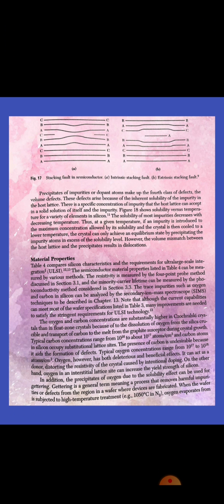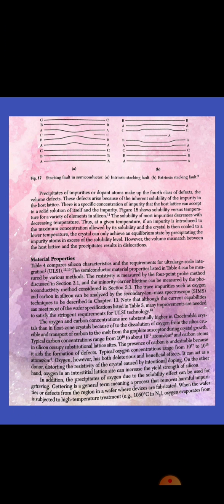Now we have material properties. So, for ultra large scale integration, the semiconductor material properties can be measured by various methods. The resistivity is measured by the 4-point probe method. The minority carrier lifetime is measured by the photoconductivity method. The trace impurities such as oxygen and carbon in silicon can be analyzed by secondary ion mass spectroscopy, that is the SIMS technique. Although the current capabilities can meet most of the wafer specifications, many improvements are needed to satisfy the stringent requirements of the